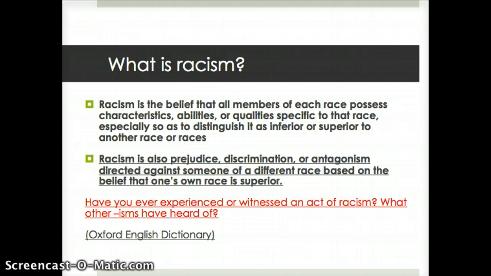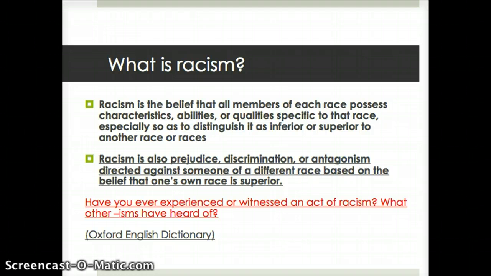You could also consider ageism as another one, so the perception that people of a certain age are not as valuable, or they don't have the same sort of rights as people of other ages. So if you think about it, maybe there's prejudice or discrimination against someone who is too old or too young for a job, so that's another kind of ism that we could talk about. So there's lots of parallels you can think about, but at this time we're going to talk about